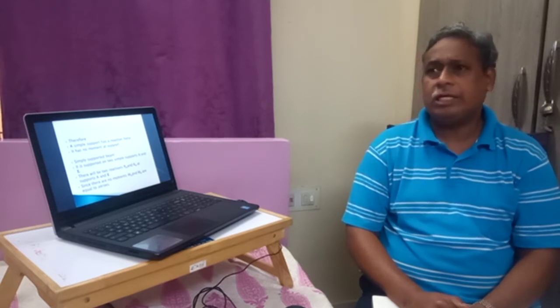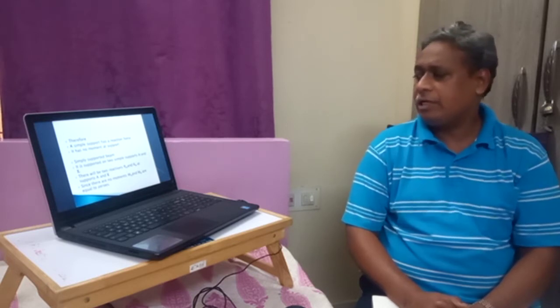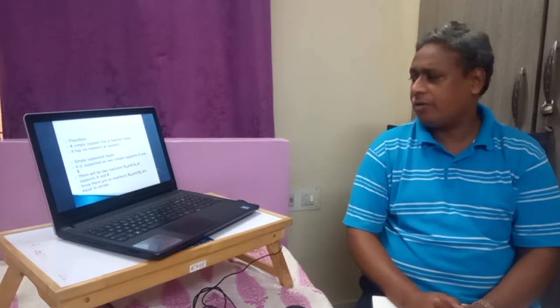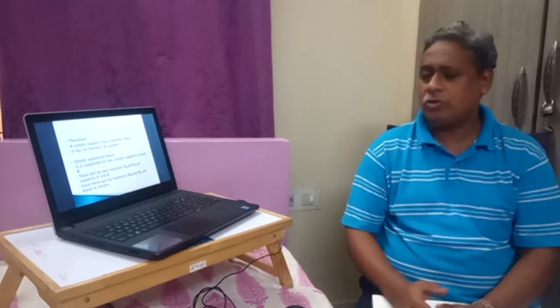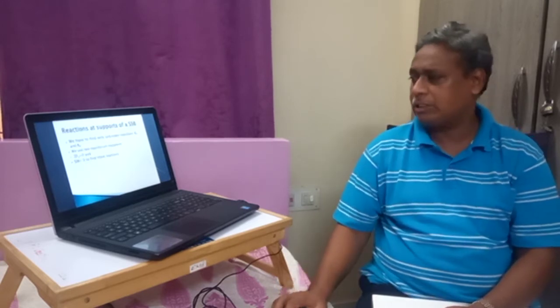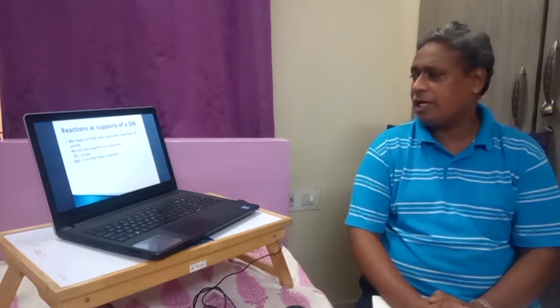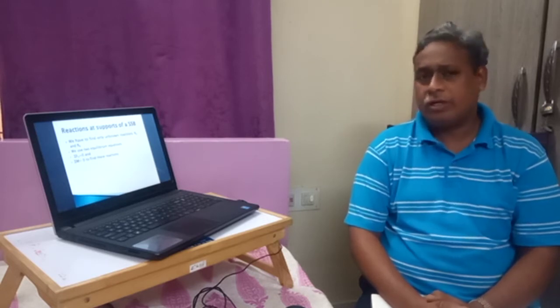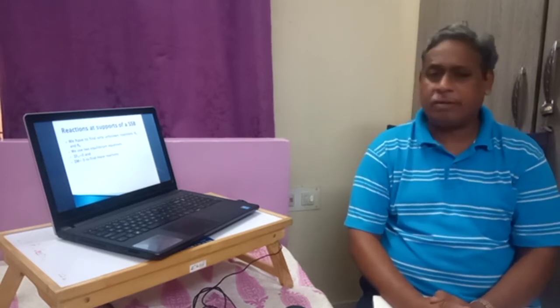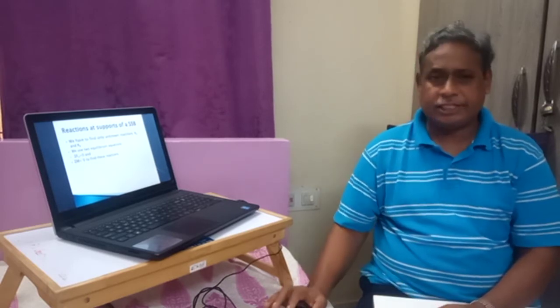So when we go to the case of simply supported beam, it is supported on two simple supports at A and B. There will be two reactions, RA and RB, at supports A and B respectively. Since there are no moments, MA and MB are equal to zero. We have to find only the unknown reactions RA and RB at simply supported beams. We use sigma FV is equal to 0 and sigma M is equal to 0 for these reactions.